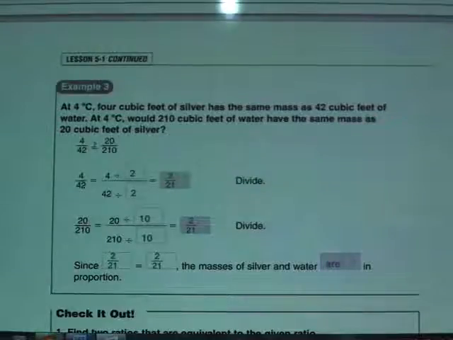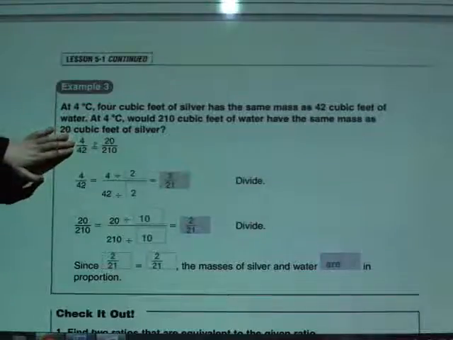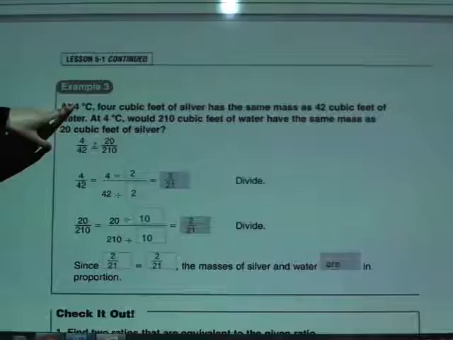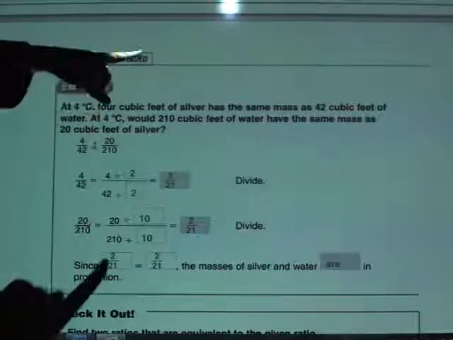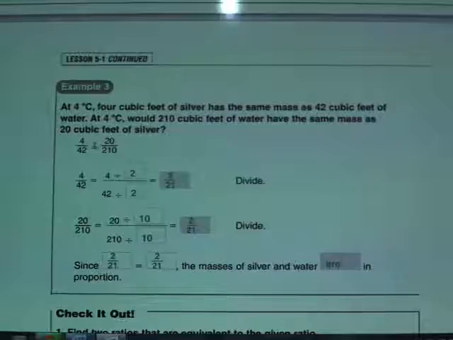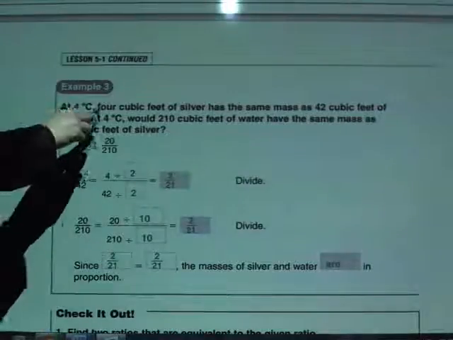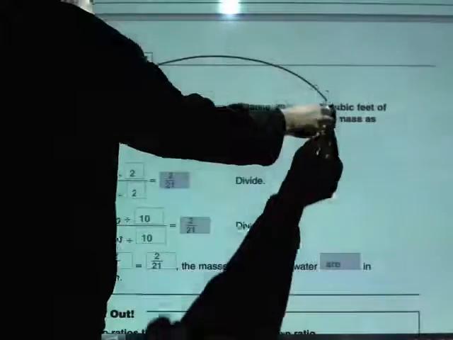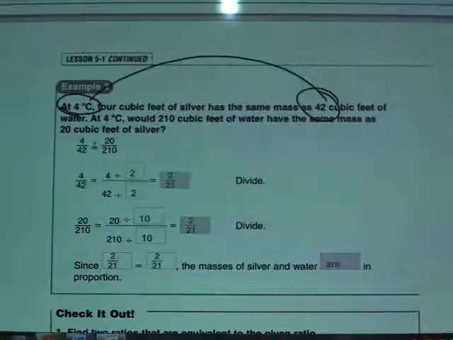So they're asking here, or what they're writing here, is from this first line, that at 4 degrees, you have 42 cubic feet of water. And then they want to know, at that same temperature, would 210 cubic feet of water have the same mass as 20 cubic feet of silver? So notice what they've done here